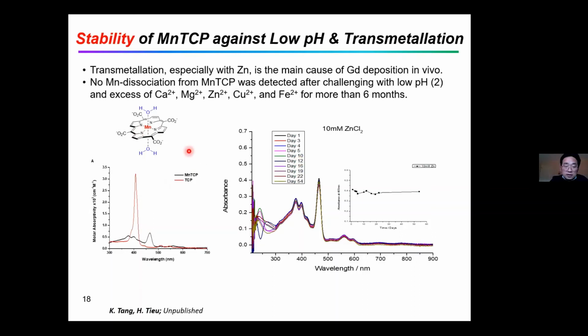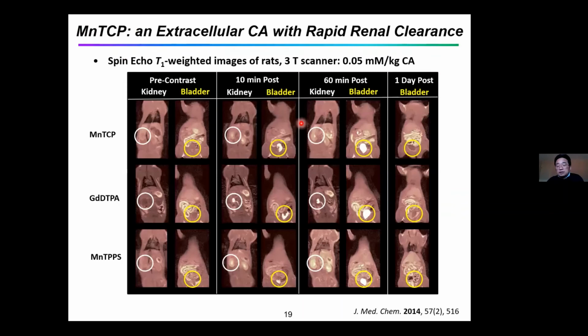As you can see here, the system is remarkably stable. Over the course of even several months, we were never able to see the metal dissociation, even when decreasing the pH, adding excessive manganese, or raising the temperature. So this really confirms that these strong metal-ligand interactions indeed result in very high stability. And this, of course, is a highly favorable property, which is what we are looking for: high relaxivity and high